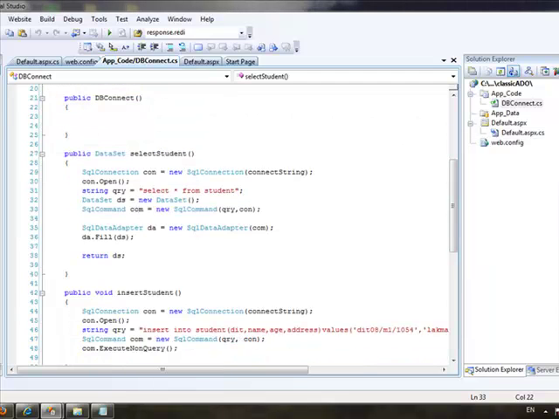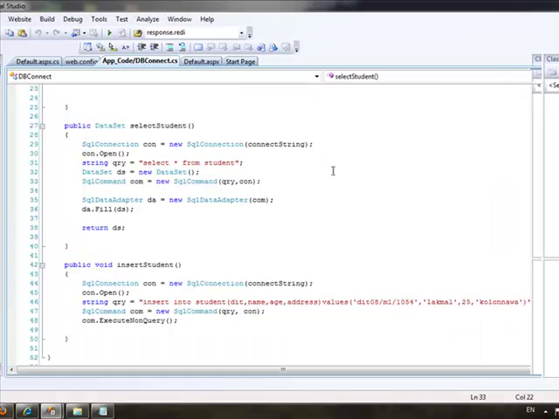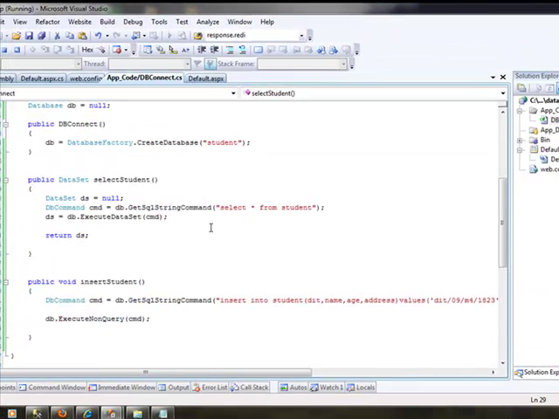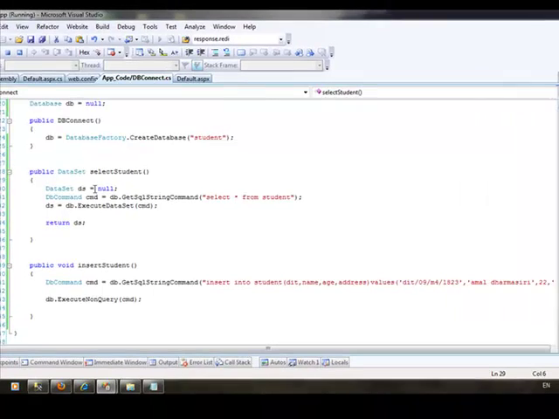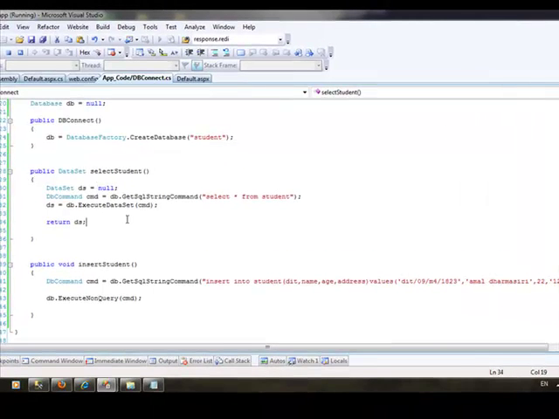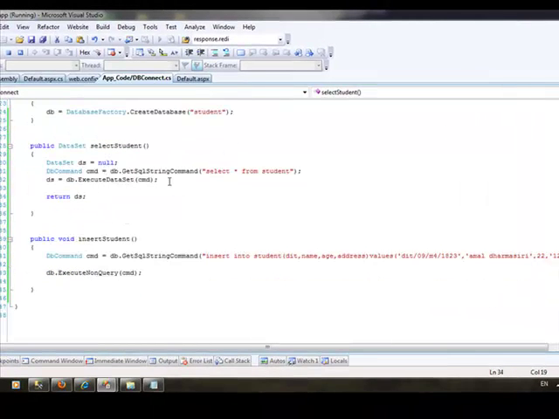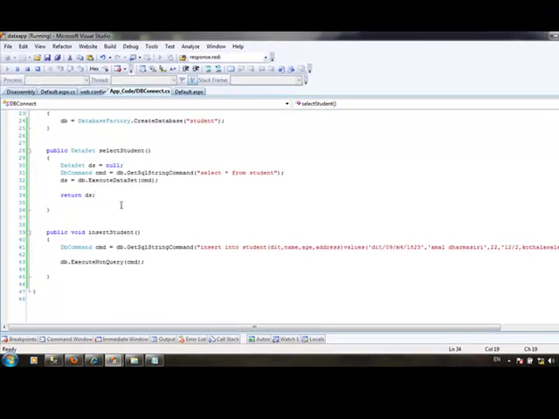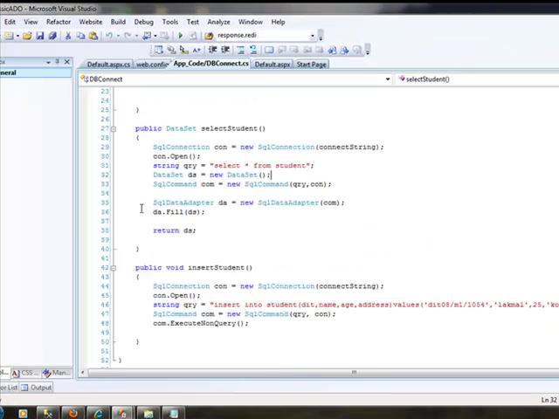You can see how lengthy the code is, and in this application block code, you can see the custom code is reduced, and these application blocks are implemented using the best practices. So it has an advantage over the classic ADO.NET